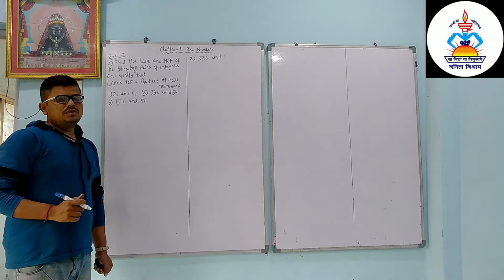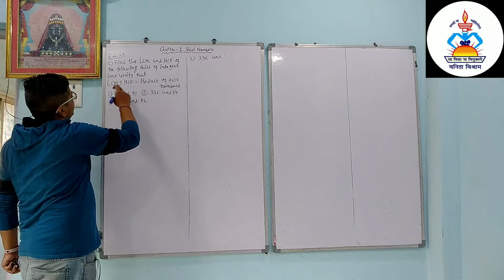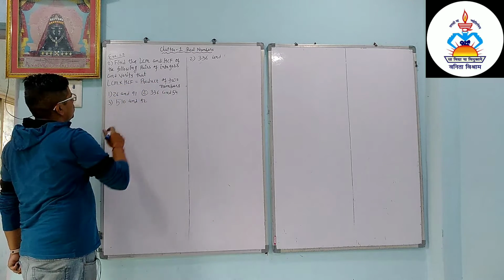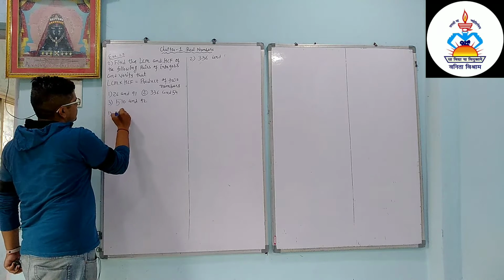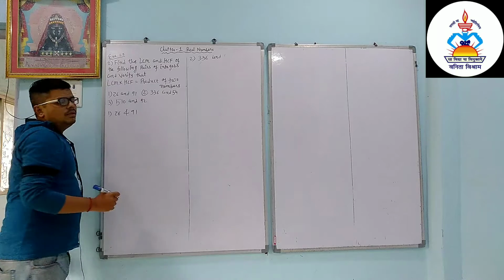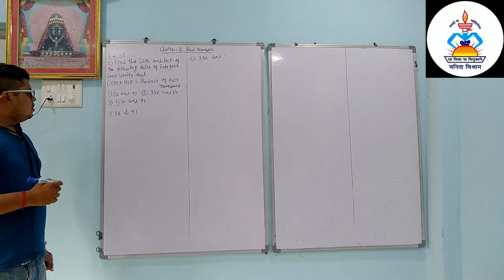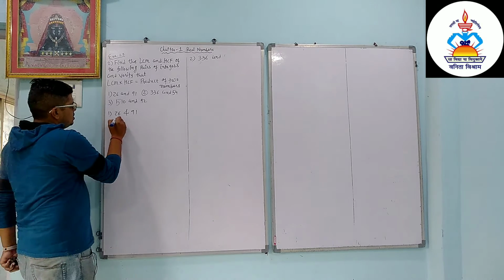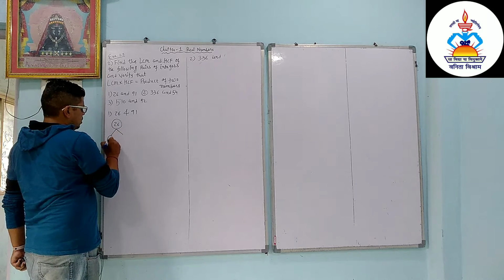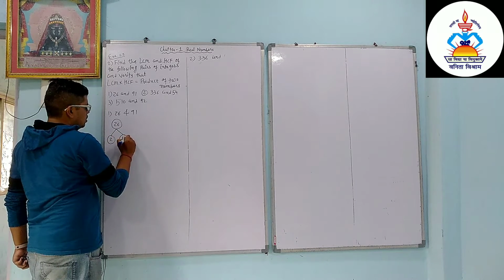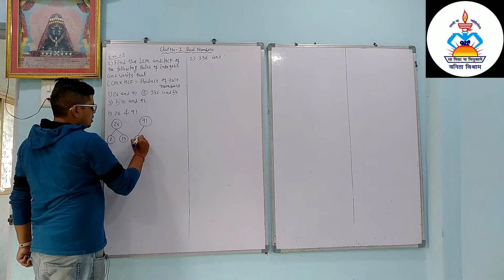Dear student, we are going to solve question number 2. Find the LCM and HCF of the following pairs of integers and verify that LCM into HCF equals the product of the two numbers. So we have the numbers 26 and 91, and we will do the factorization by the tree factor method. So we take 26 in the circle or block, then we will find here 13 twos are 26. 91 we can find by 13 sevens are 91.